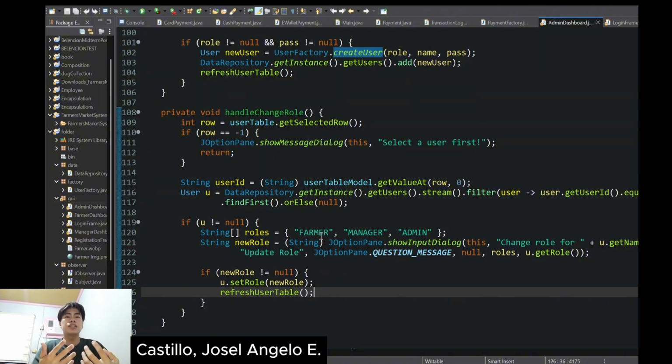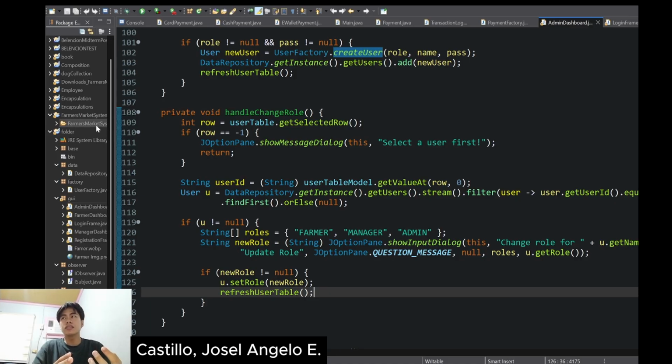The system uses the user factory class to generate a new user object based on the selected role, demonstrating the use of the factory design pattern. This new user is added to the data repository and the table is refreshed to reflect the change.